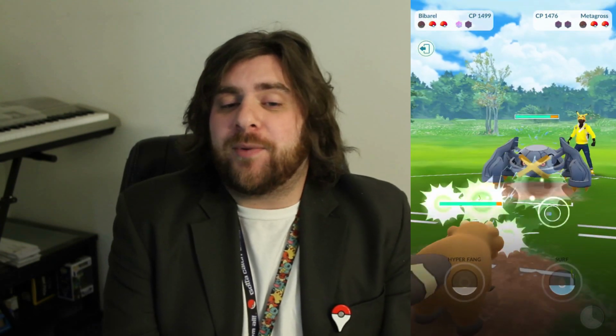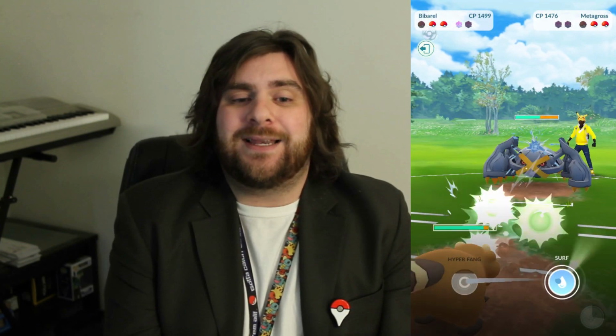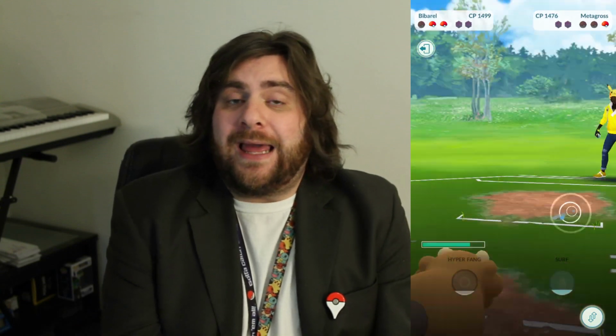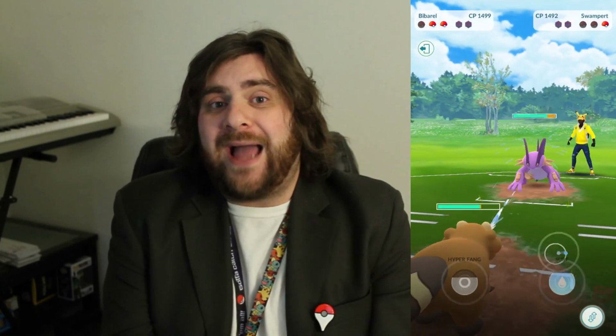We bring in Bibarel against Metagross, and I have to shield this Meteor Mash. I know it's not very effective, but Meteor Mash is just such a strong move from such a strong Pokemon that I want to shield that move. Then we're able to get a little bit of energy off the back end of Metagross, and we're up against